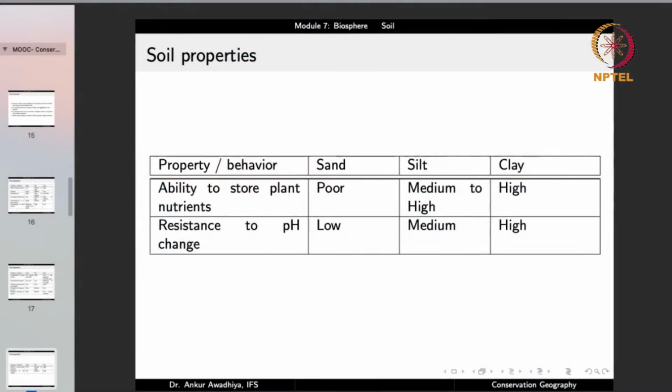So here we are observing that the composition of the soil, in terms of what fractions are present in the soil, what fractions dominate in the soil, determines to a large extent the properties of the soil. Now, when we talk about structures, then structures also play a role here. So in the case of clay, if you have a clay soil with a coarse structure, with a granular structure, then it will behave like sand for some of the properties, not all. So the structure and the composition of the soil plays a big role in determining the properties of the soil.